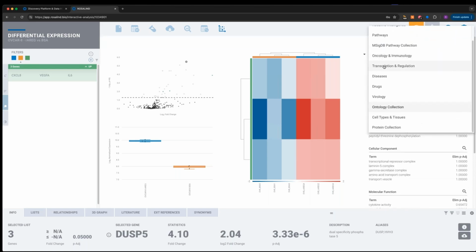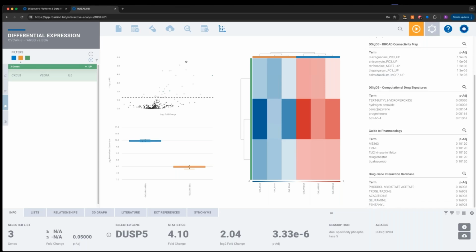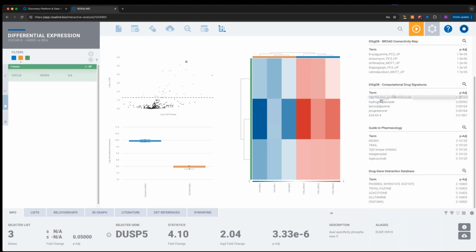I don't have time to go through all of the data, of course, but I'll show you a couple other highlights. We have this drugs category, which for me is really interesting because I have a background in drug development. So if we were studying potentially a new compound or a new molecule, and we didn't fully understand its mechanism of action, we could come to these drug databases and say, well, these known compounds have a similar gene signature, so they are significantly enriched in this case.